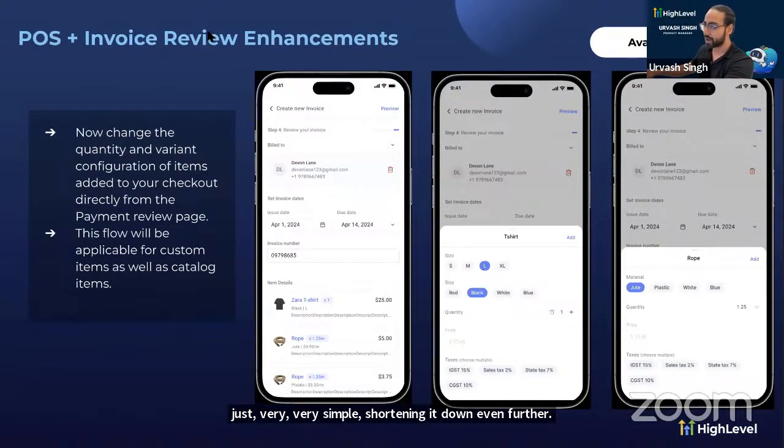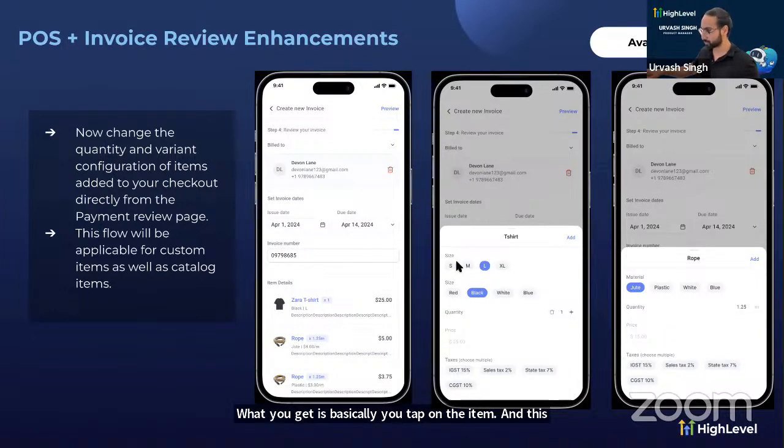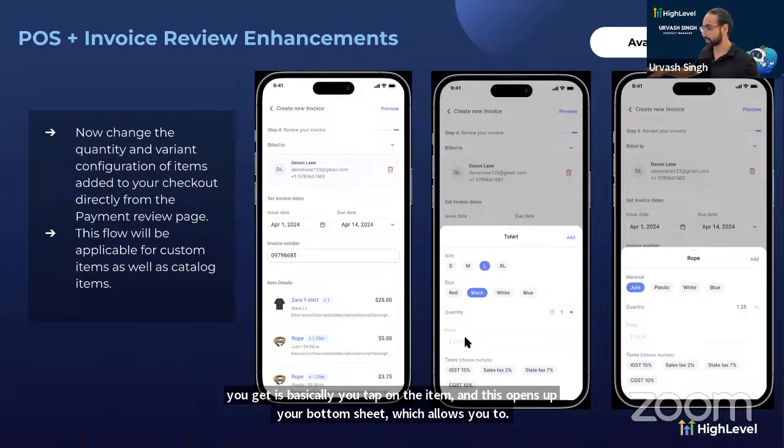And finally, we have some enhancements that I was talking about. The idea was to make sure that the same customization is available on the review screen instead of you having to go back 2 steps, performing the customization, and then coming forward 2 steps. Eliminate those 4 steps. What you get is basically you tap on the item tile, and this opens up your bottom sheet,